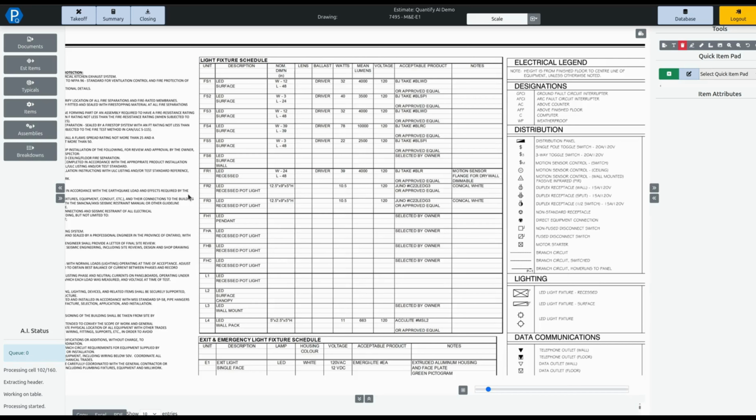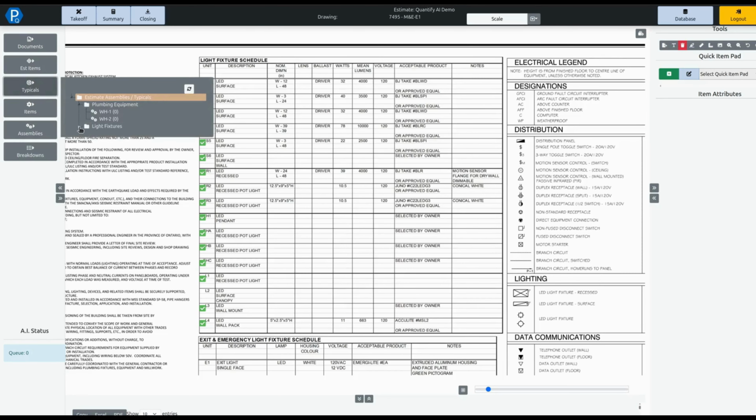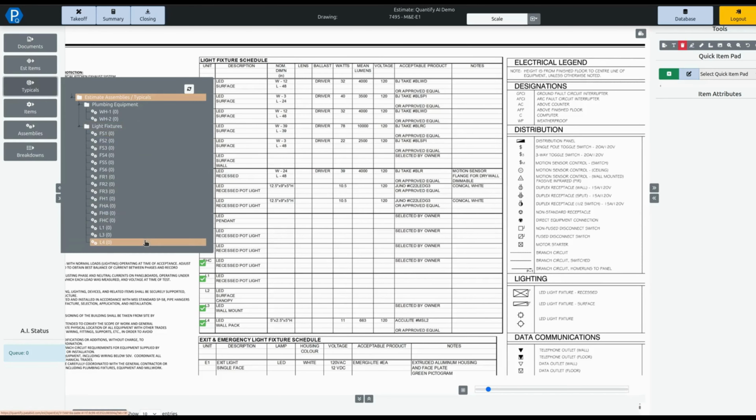And this again is really there to accelerate getting this information into your estimate. Equipment schedules, cable lists, any of that kind of data can very rapidly be brought in. And here we go. If I refresh the drawing here, we can see that it's missed one of them. That's fine. I can create that one myself. But for the rest of these, I have a comprehensive list of my tagged fixtures ready to go for my